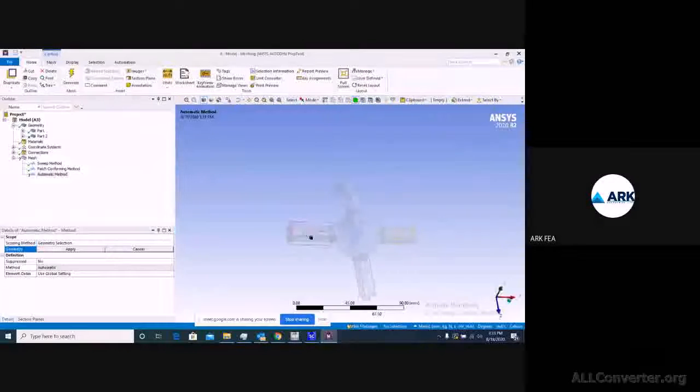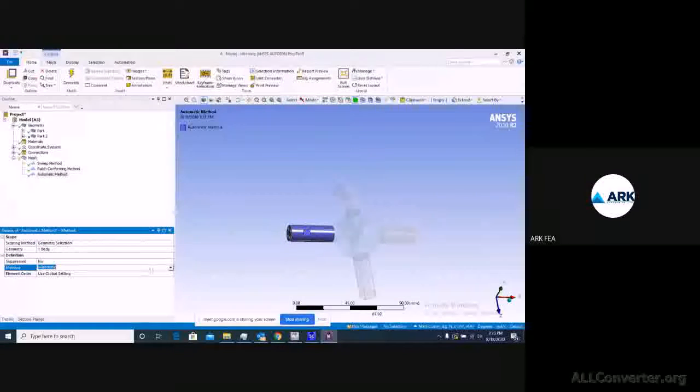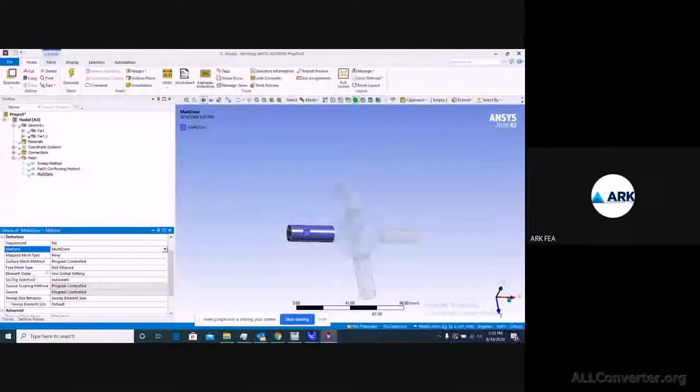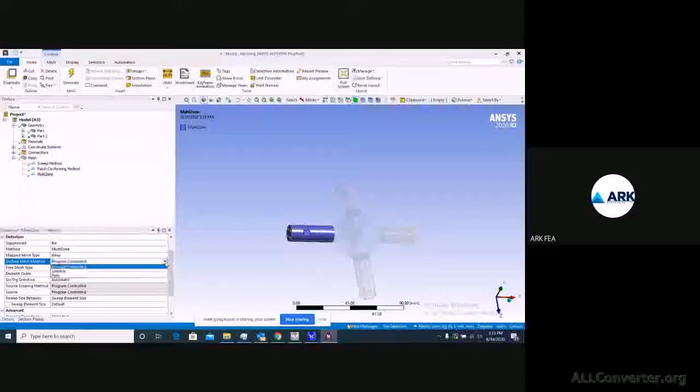And the next method is, for this part I would like to add multi-zone. And in the details part, you can change it to the surface mesh method which you want to use.